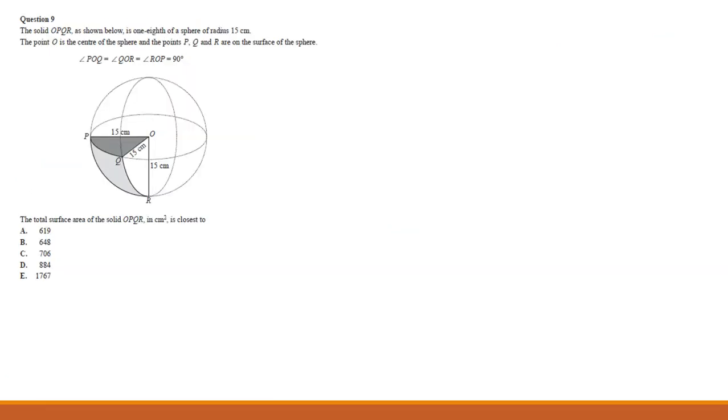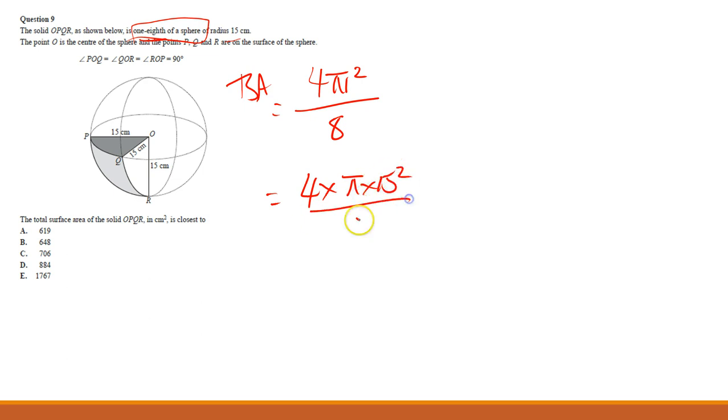Last question. Now you have a big globe there, or a sphere. It tells us OPQR is 1/8 of a sphere of radius 15 centimeters. Find the total surface area of this sphere. So first of all, I'm going to work out 1/8 of the sphere. So you quickly go to your reference, look it up. Total surface area of a sphere is 4 pi r squared. I only have an 1/8, so divide by 8. Sub it in. 4 times pi times 15 squared divided by 8 equals